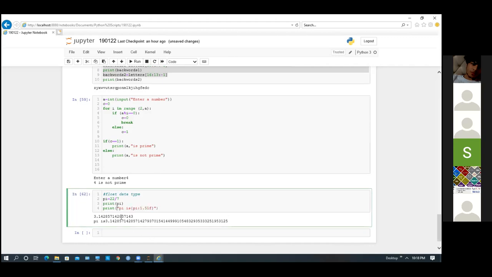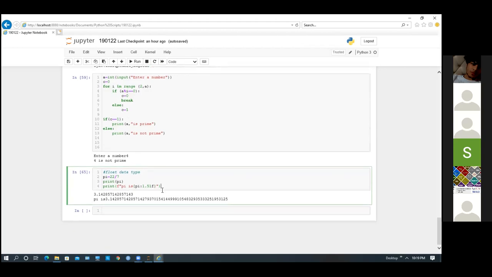So if I remove this f, then what will happen? See, then it is showing like this. So in order to print floating values, you have to write f here, and this f is also mandatory. Okay, because it will also print the last value. So just note it down, whenever I am sharing this. This is basically for your knowledge purpose. Later on, when we do some advanced stuff, this will come in handy. This is for decimal data type. This format you need to keep in mind.